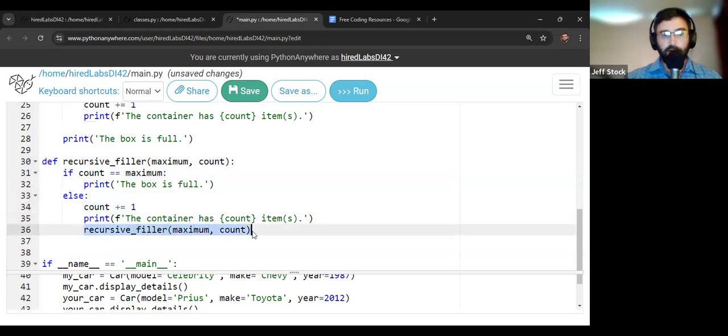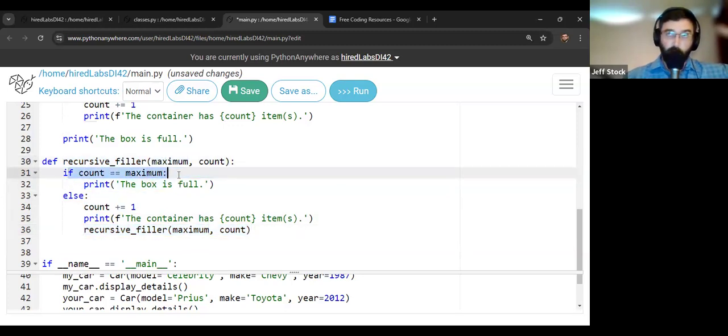And when it gets here, it'll run this function, and it'll wait until it runs again. And it'll go all the way down until this condition is met, or you run out of computing power, and it stops. So that's how this recursive function is going to work. And it winds all the way back and executes all these that are waiting for the next one to run all the way back up to the top.